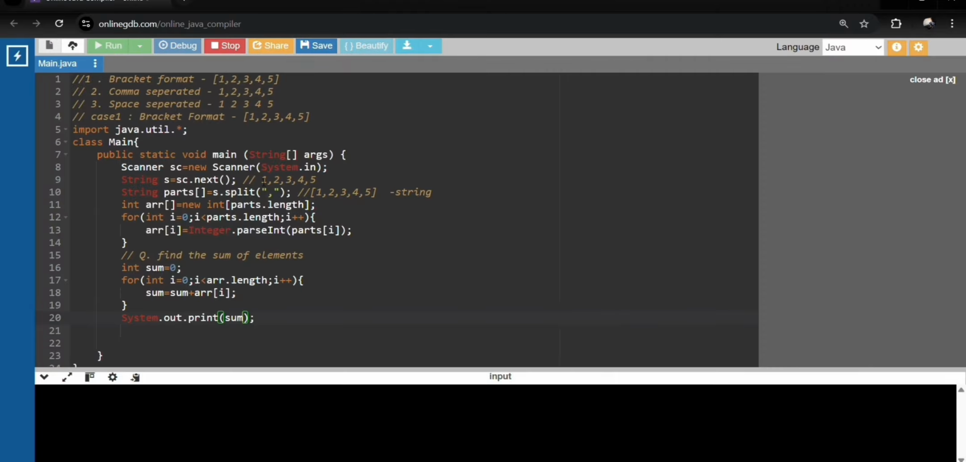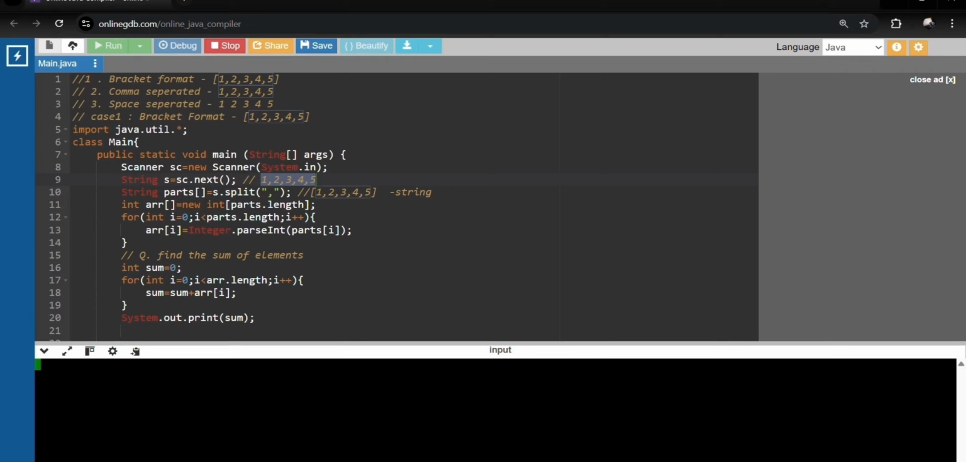So we need to give input as this. The question in the exam, they will take input exactly like this one. So let's take input exactly like that. Fine. So the sum is 15. So we have given input as string, but we got output as integer. Next, case 3,